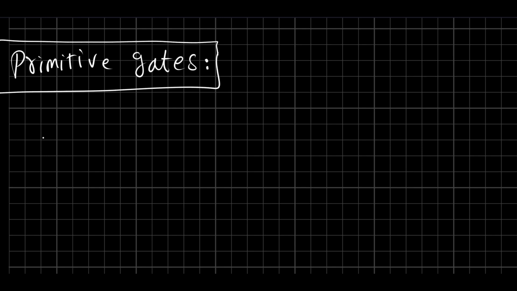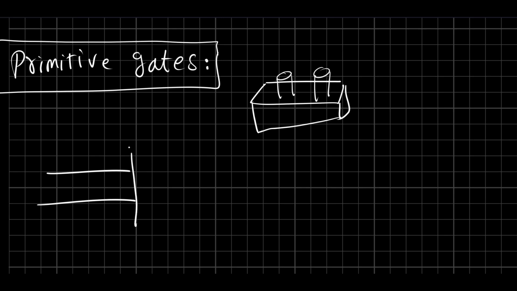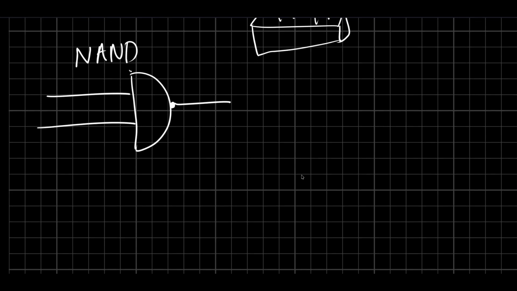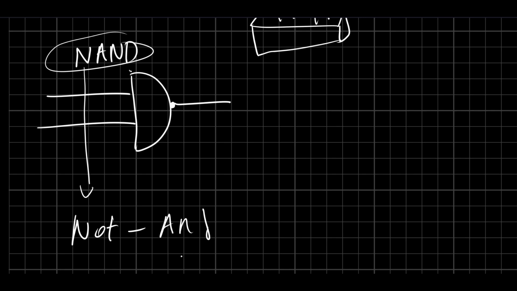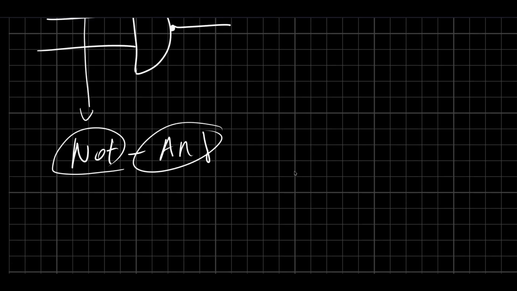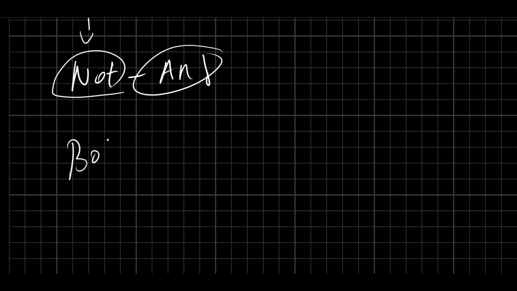Okay, so primitive gates. The gate that we are going to be using, you could actually consider it just a Lego block, a Lego block that we're actually going to be using to build a skyscraper. And that Lego block is the NAND gate, like I mentioned before. This is the diagram of the NAND gate. Now you may be wondering, what does NAND even mean? It stands for not and. And what is either of these? What is not? What is and? That will be the topic of our next video, which is gonna cover Boolean